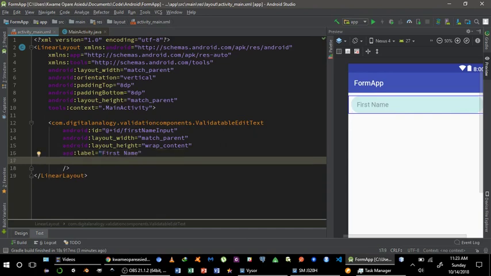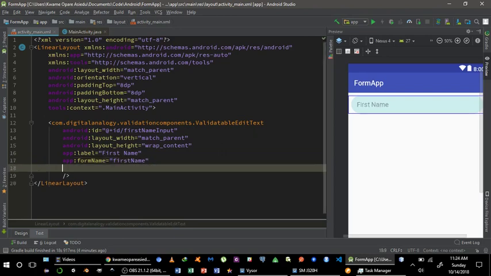And then I will specify the form name, right? So essentially, if you know how post data works in HTTP, or even HTML, you would give your input attributes the name attribute. So when the data is going to the server, the name goes with the value that you've typed into it, right? So the form name here is akin to the name in HTML input tags. So I would specify this as first name,